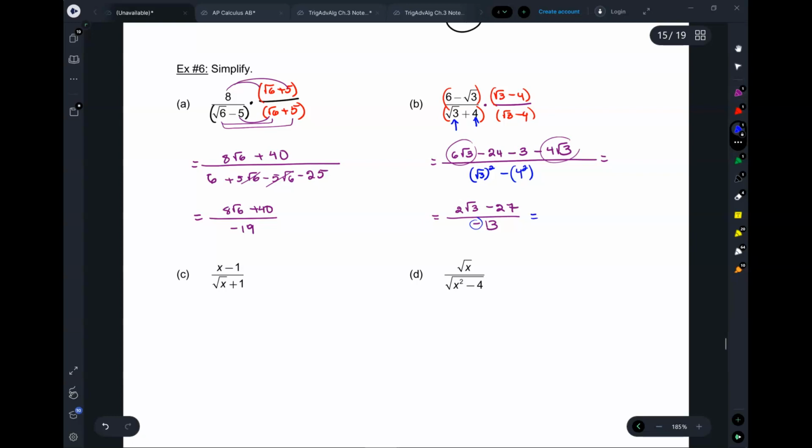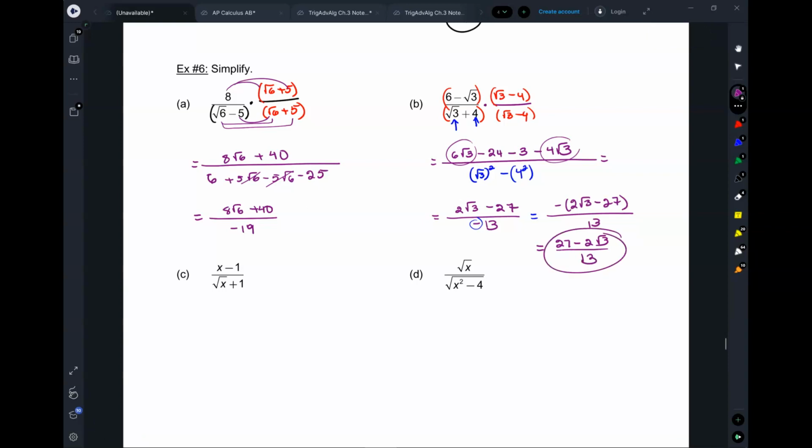So what ends up happening is you have negative 2 root 3 minus 27 over 13, which means that'll be 27 minus 2 root 3 over 13. This is how people like to write it because the negative is not incorporated inside. It just looks cleaner, right? You know what I mean? There is no mathematical difference between this and this. However,